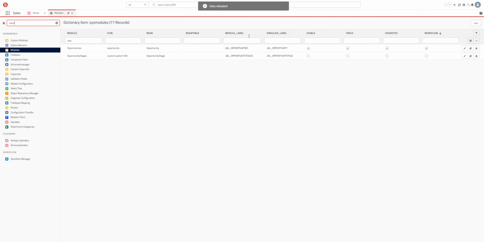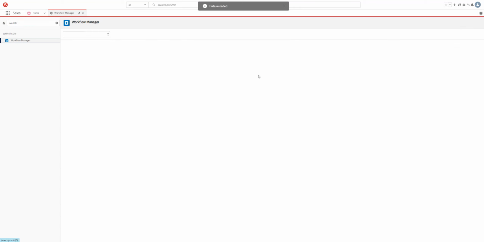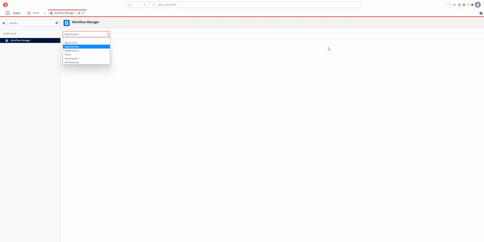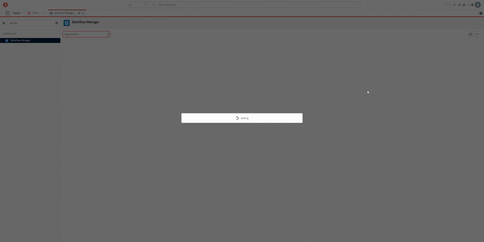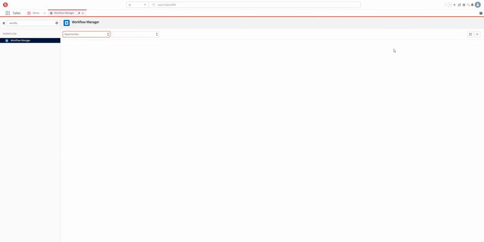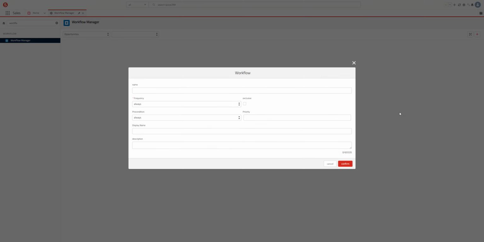Now we navigate to the workflow manager. There we define our workflow for our opportunities. Now we see here opportunities and the drop down appears. That's because we have activated it from modules. Now if I click on opportunities, I can create a new workflow. Let's give it a name: simple